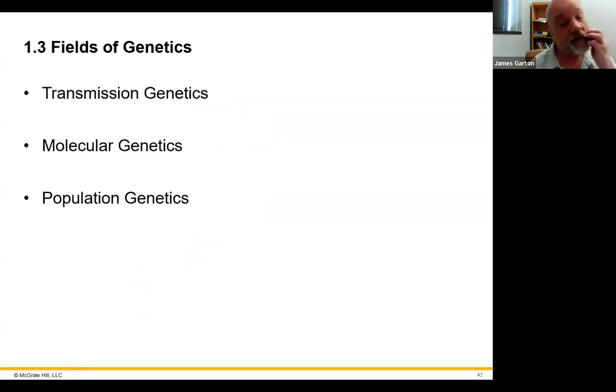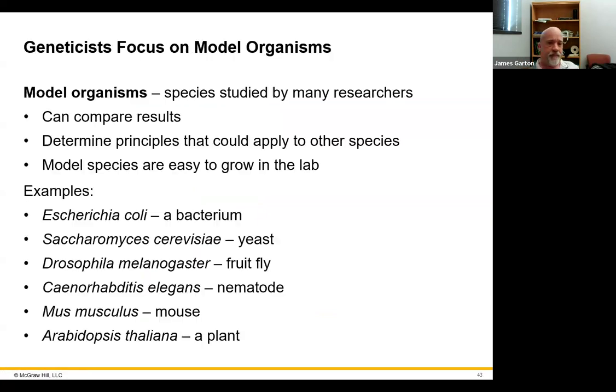And so there are a few fields of genetics. And they said, well, there are transmission genetics, molecular genetics, population genetics. And if you wanted to split hairs, you could add a few more. Now, primarily, a geneticist is going to use a variety of model organisms to figure out problems that they're trying to solve. And basically, there's a reason. One of the reasons is that basically any living thing has DNA in it and it behaves by the same rules as any other living thing.